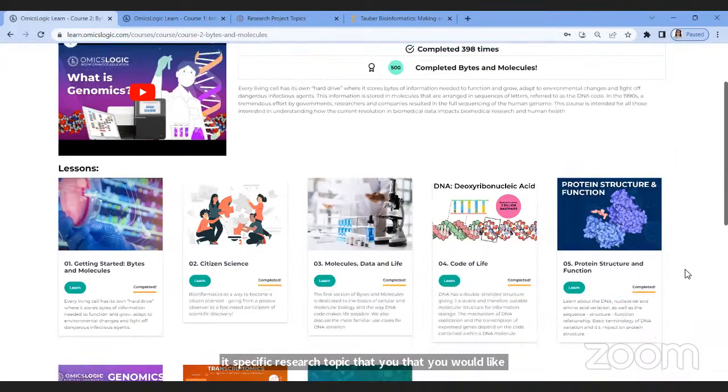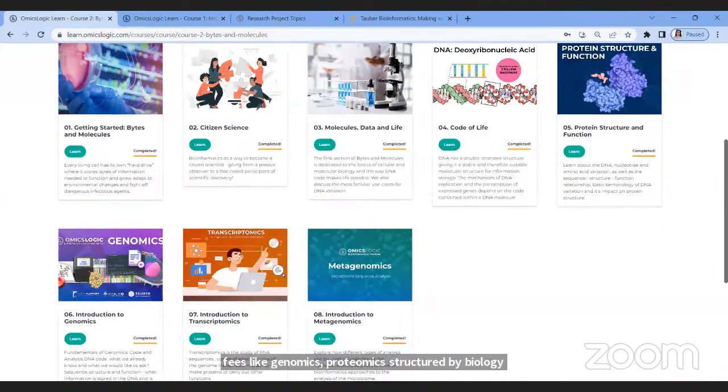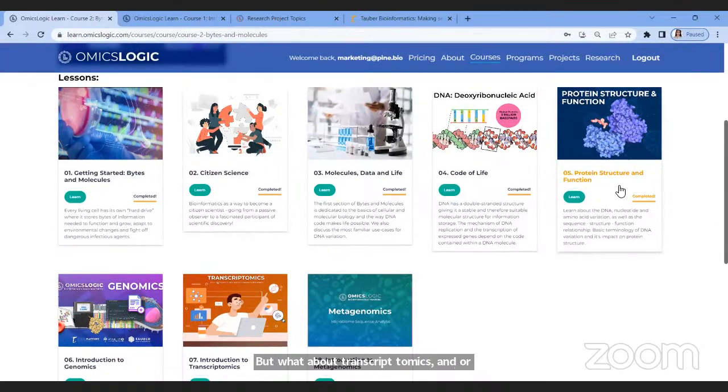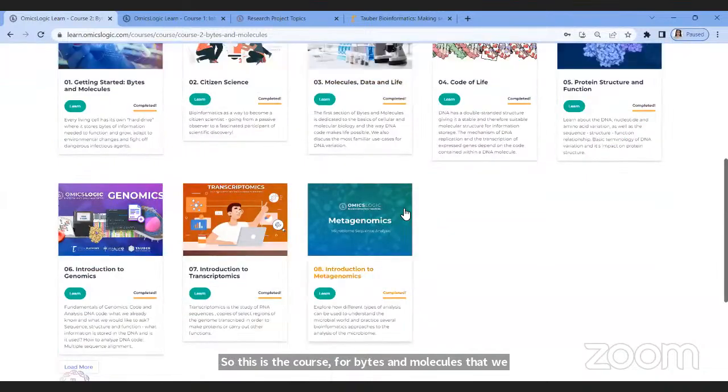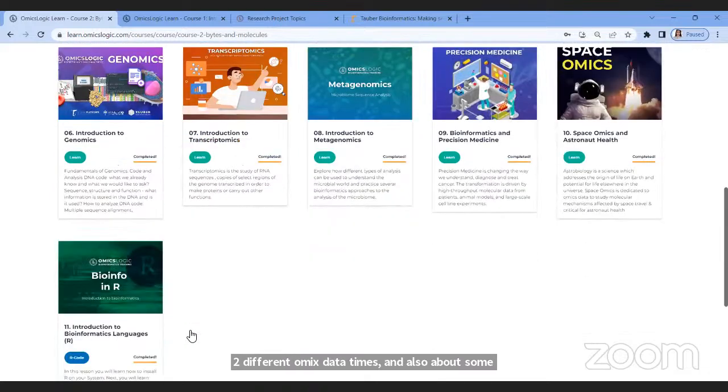And you also might not know what the various omics data types are. In your academics, you are mostly introduced to fields like genomics, proteomics, or structural biology. But what about transcriptomics or metagenomics or maybe epigenomics? So this is the coursework Bytes and Molecules that we have put together for you to get introduced to different omics data types and also about some research specialization tracks